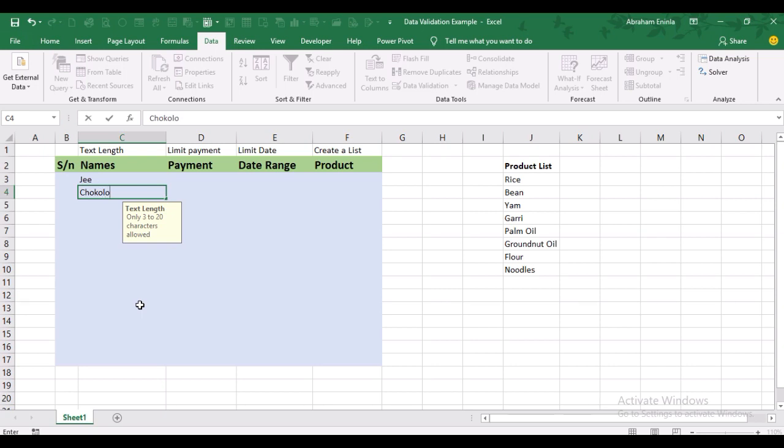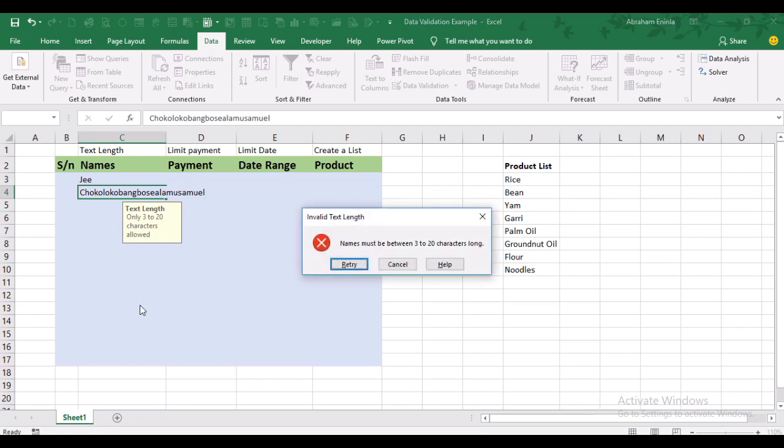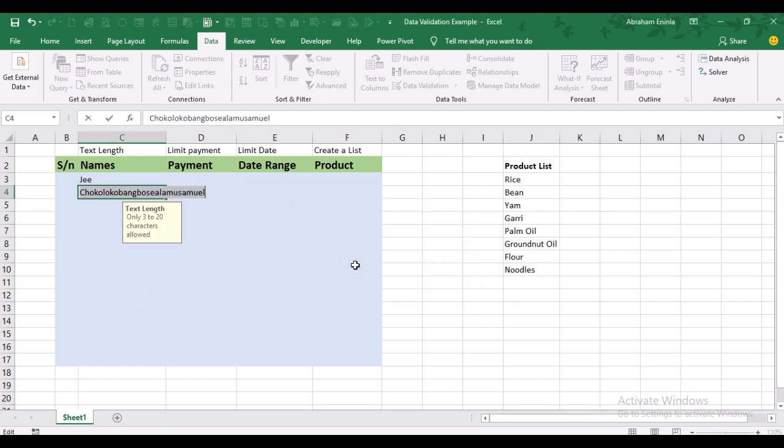Let me see if this one is long. Let me see. Oh, it's more than 20 characters. Okay, so it has to be between